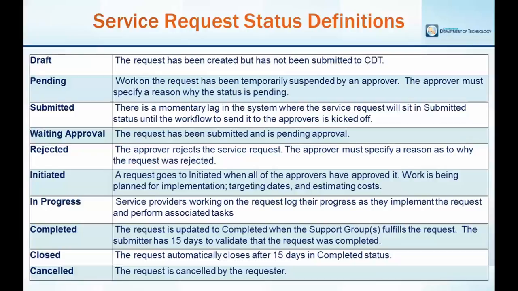Submitted status is what you will see right after you submit a service request. This is a momentary lag in the system until the system starts the back-end workflow to retrieve all approvals. Waiting approval means your request has been submitted but is still pending approval, either from your own department or from